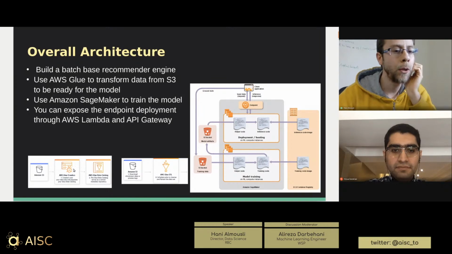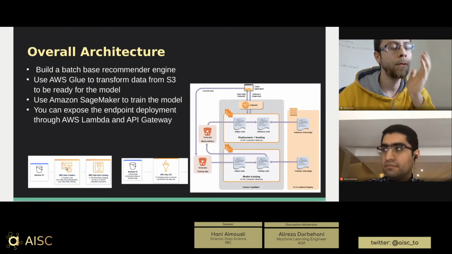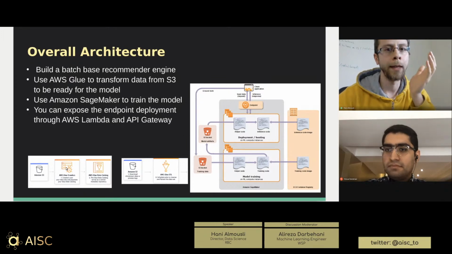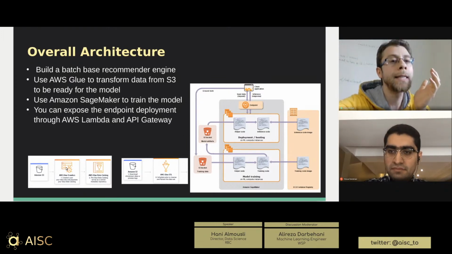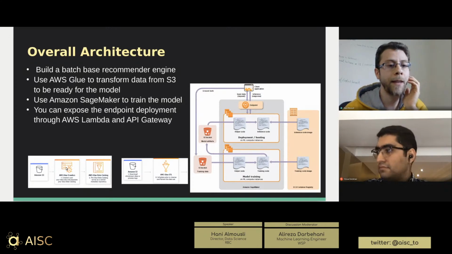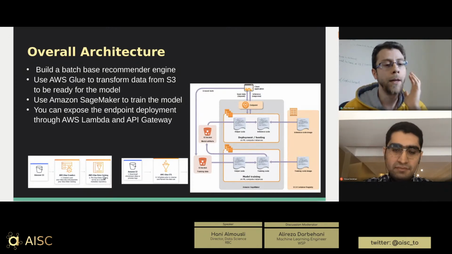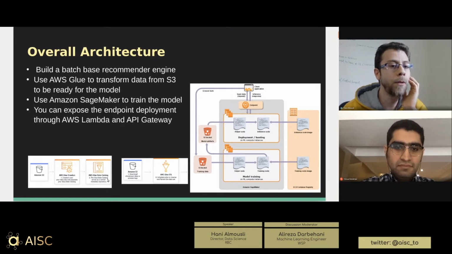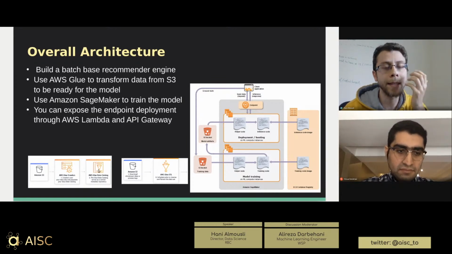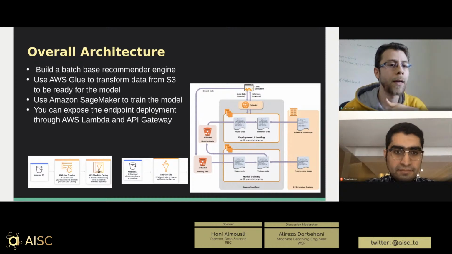So generally, you start with the AWS Glue crawler, and the crawler is mainly taking your data and putting a schema on top of it and saving that schema on the AWS Glue Data Catalog. So your data will be on S3, and then you will create a catalog or a schema around your data such that you can query it later.